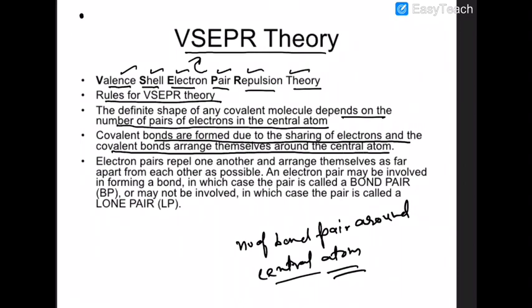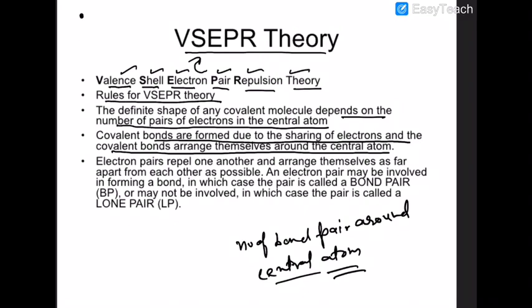Here you have to understand that except hydrogen and alkali metals, others can be taken as the central atom. What I am trying to say is, one is hydrogen, the other is alkali metals. Alkali metals and hydrogen are never taken as the central atom.